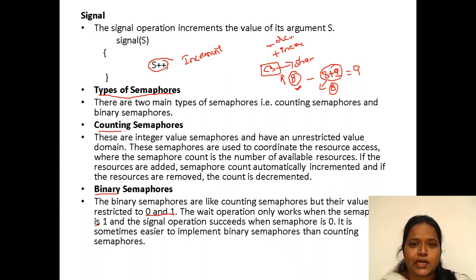So wait and signal are the two operations. When we go for the wait operation, it should be decremented by 1. It doesn't mean that it should go to 0 or minus 1. If it is 0 or minus 1, it is going to perform no operation. So the major condition we want to specify here is that the wait operation only works when the semaphore value is equal to 1. If it is decremented, then we will get 0. If it is decremented further, it is going to be minus 1, which is not at all considered. No operation is going to be done.